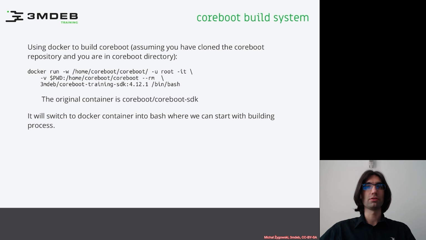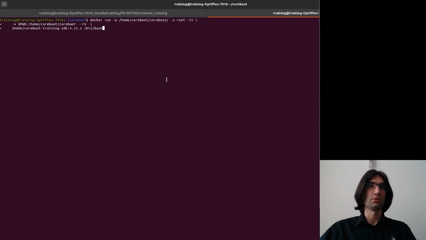So, in order to avoid building the cross toolchain and save some time and possibly nerves, a Docker container is a recommended choice. We will not dig into why use Docker because it was already explained in previous chapters. So let us just execute the command to switch into bash inside the Docker container. So this is the command that we will typically be using to switch into the container. And now we are inside the container.